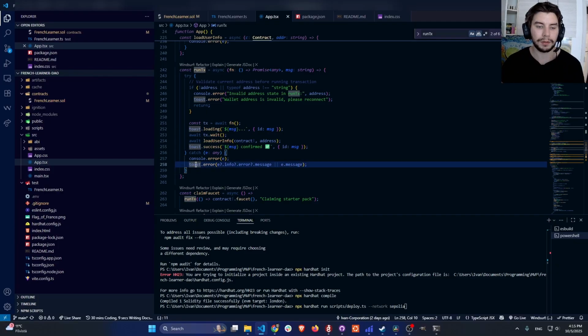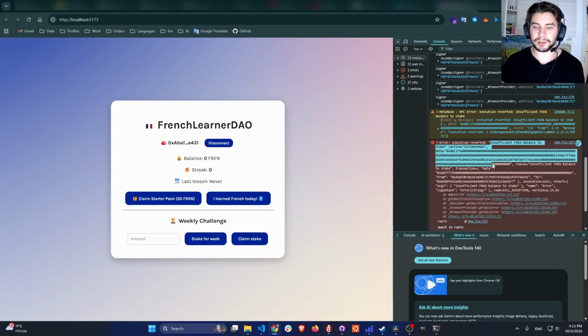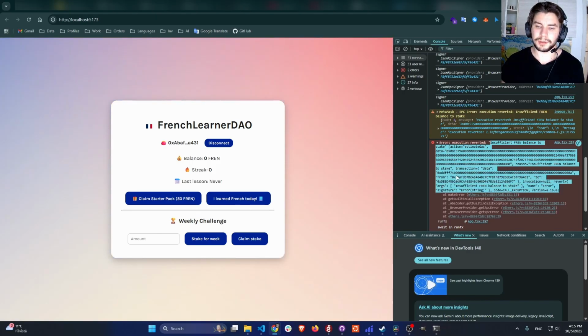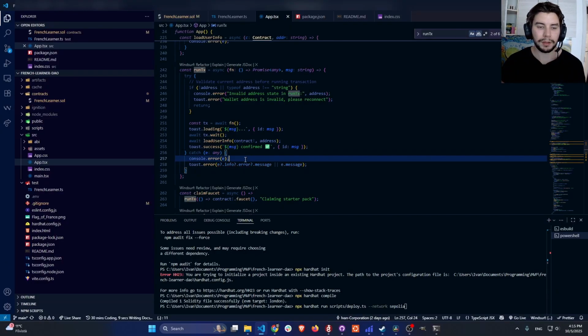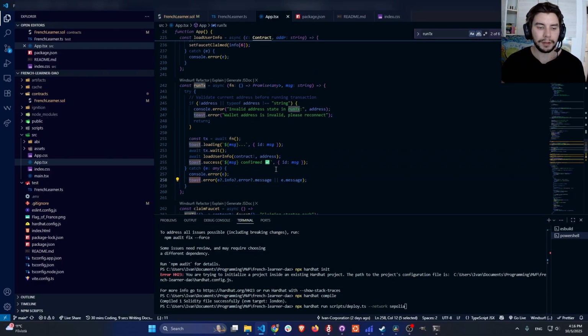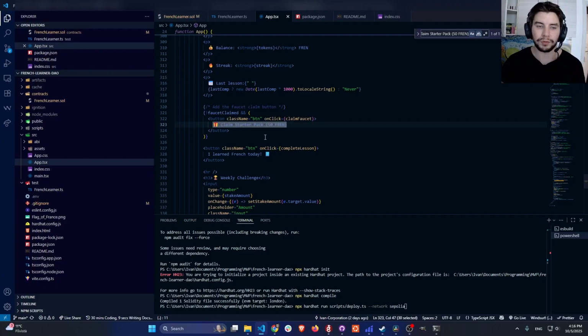And if you check the toast error here, you're going to see that it's taking a message from our smart contract. It's like in a backend where you take an error, but in our case it's the smart contract. You see "insufficient friend balance", similar text. And now, claim starter pack, 15 friend. If you check this,